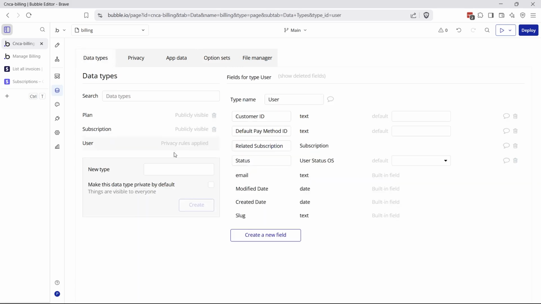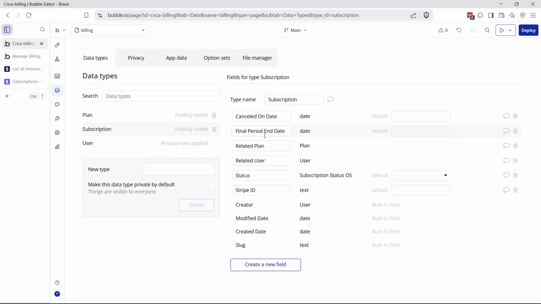Right? So back to our data types, let's go over to the subscription data type here. We've created this to organize all details about a specific subscription. So the fields we have here, we have a date field. If the user cancels their subscription, we're going to capture when they canceled. And then we have a separate date field for that final period end date. So this is the actual cancellation date. Okay, so for example, the user could be canceling 2 weeks before their end period, so there will be a 2 week difference here, just for informational purposes,